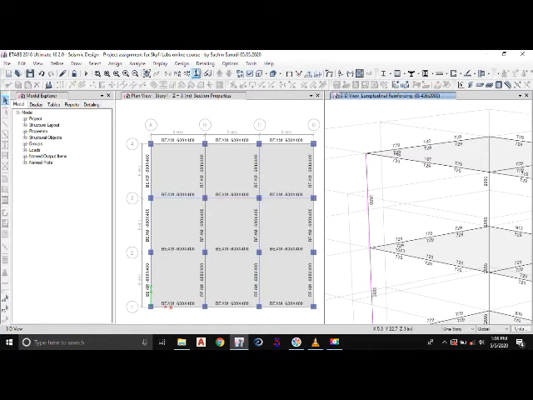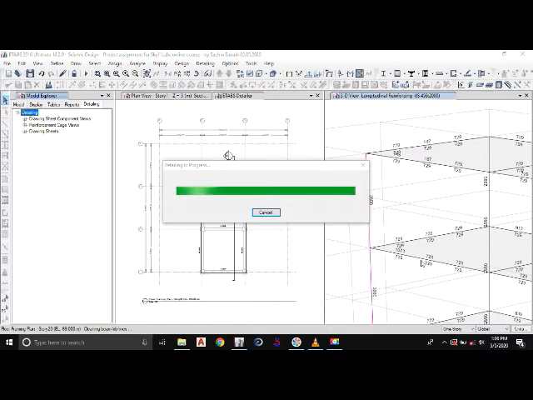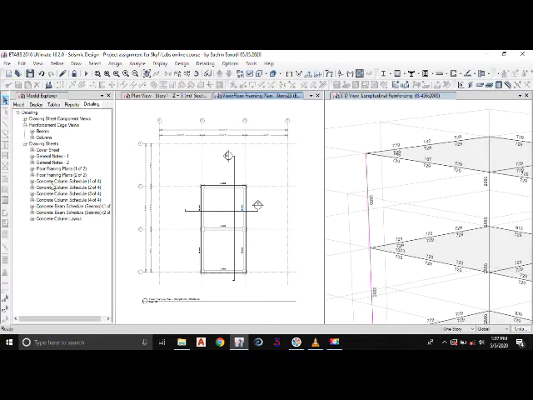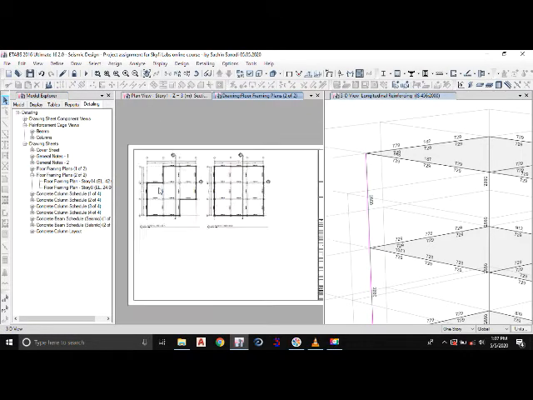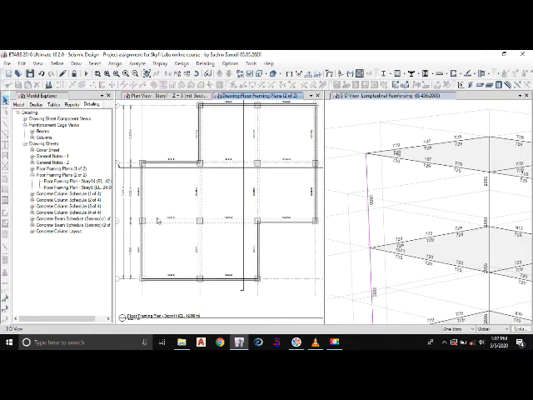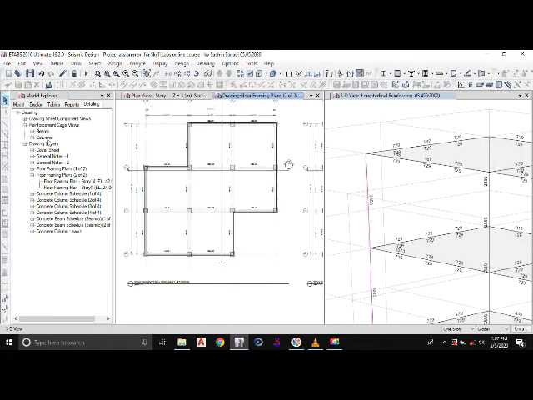So once you've done that, you go for the detailing. So go to detailing and start detailing. Once you complete the detailing, you can see that in the model explorer part, you will get the detailing information. So you can go to any of the icons and select the detailing for the respective element. If I go to drawing sheets and go for the framing sections and click on this, you can see that there will be a framing section for this particular floor level. So you can see the beam numbers and the span dimensions.